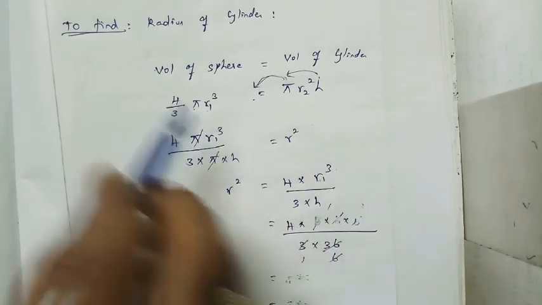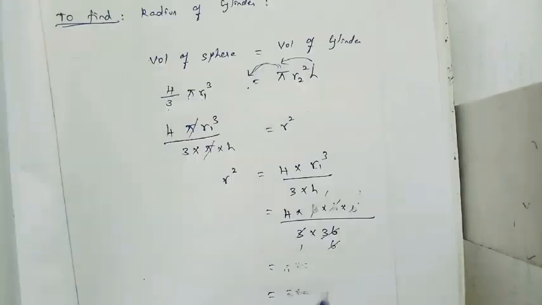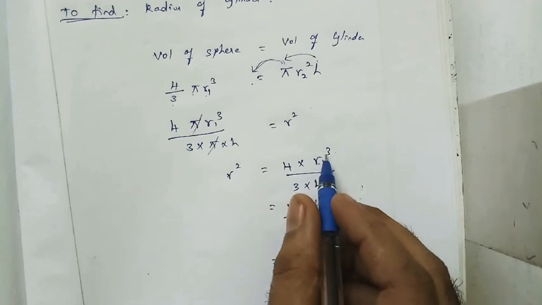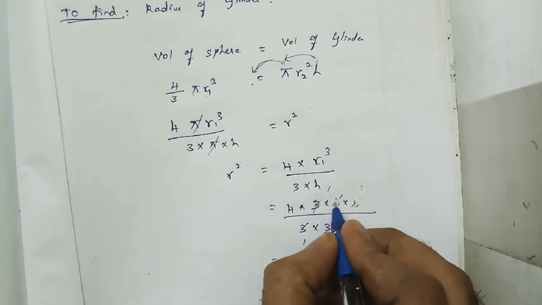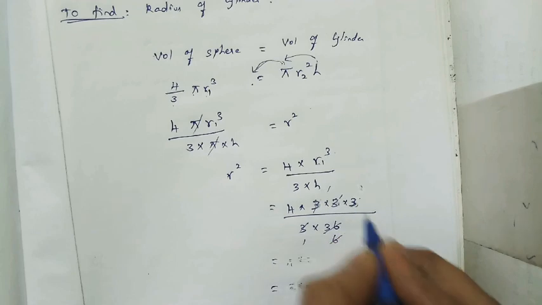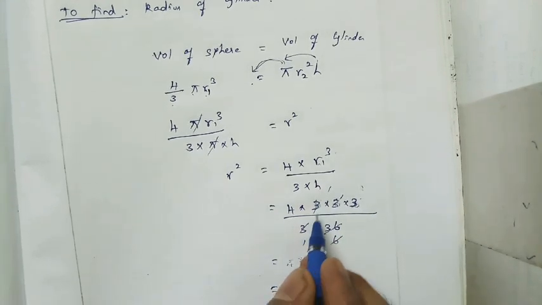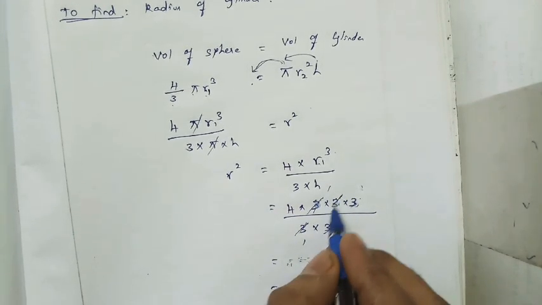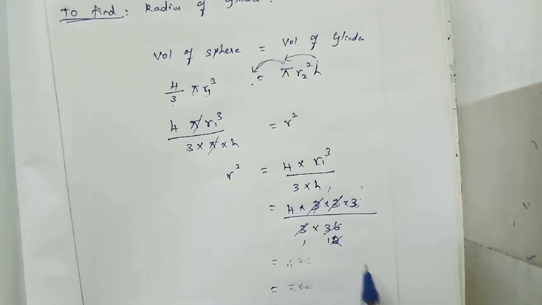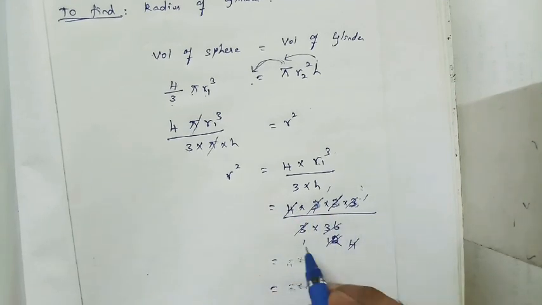Here what is R1? R1 is equal to 3 centimeter, right? So R1 cube is 3 cube, 3 into 3 into 3, right? 3 into 3 into 3. Now just simplify. 3 will get cancelled, right? 1 3 is 3 and 12 3s are 36, right? Then 1 3 is 3, 4 times 4 will get cancelled, right? So nothing is there in the numerator and nothing is there in the denominator also.